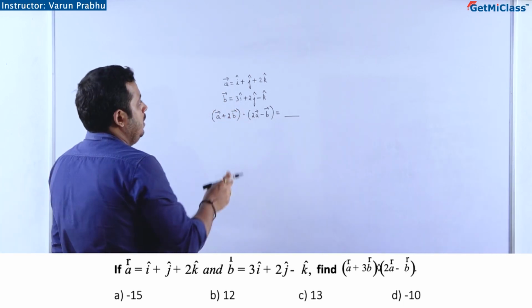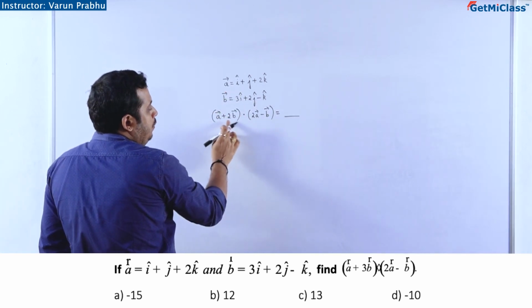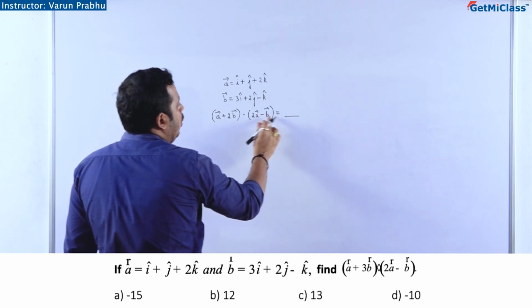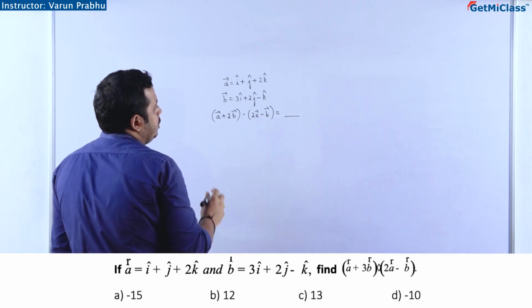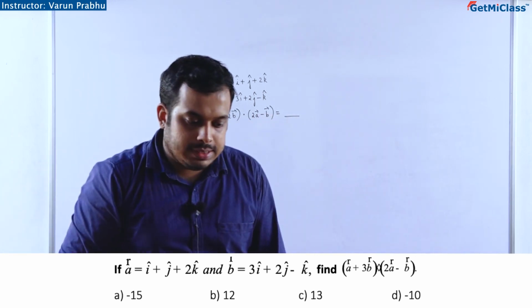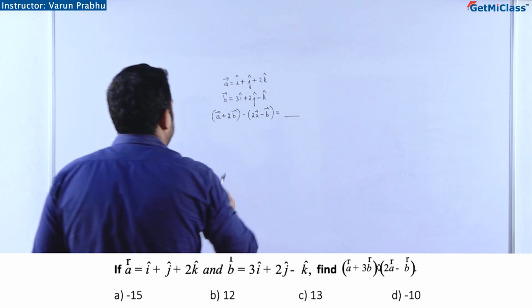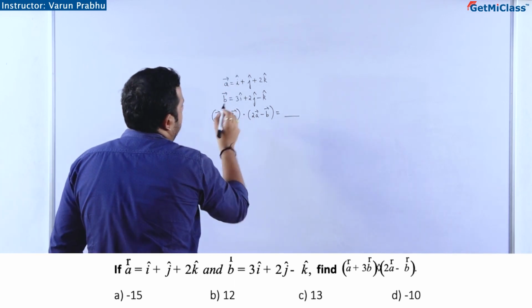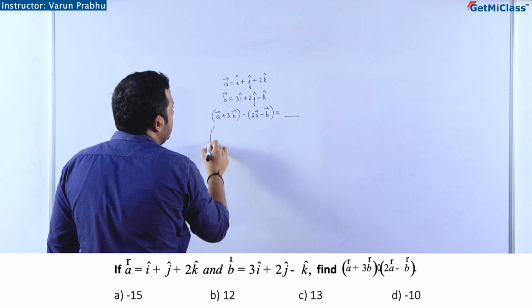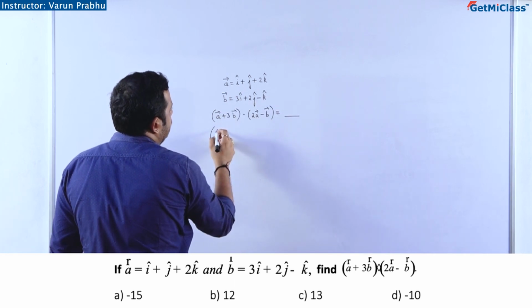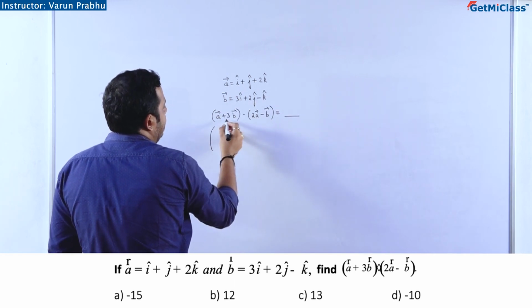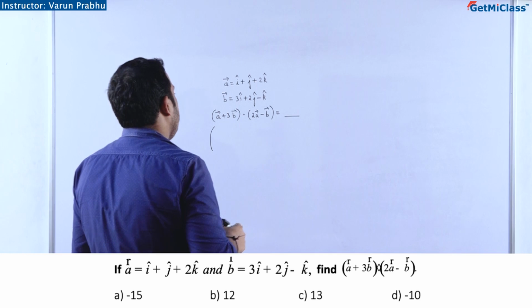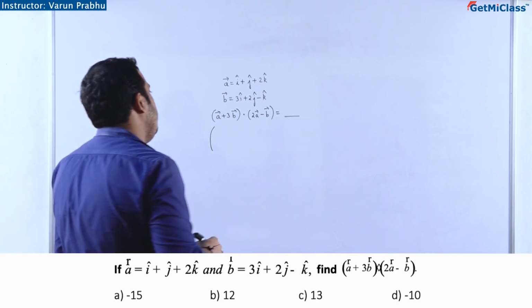The question is asking, if vector A and vector B are given, what is A plus 2B dot 2A minus vector B? Is that the question asked, right? It is A plus 3 times vector B, not 2 times vector B, 3 times vector B, okay? So what is A plus 3 times vector B? This is nothing but A plus 3 vector B dot 2A minus vector B is equal to what is